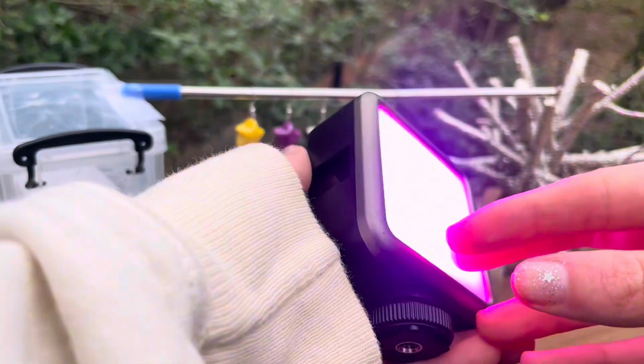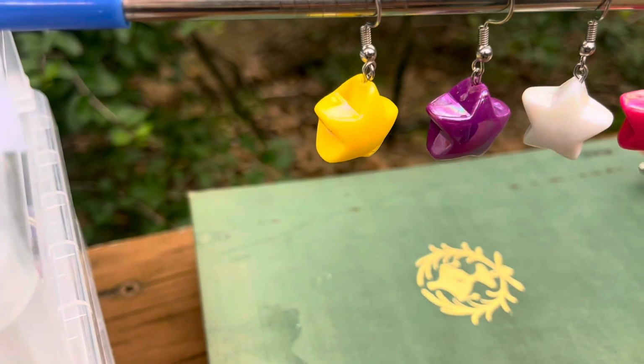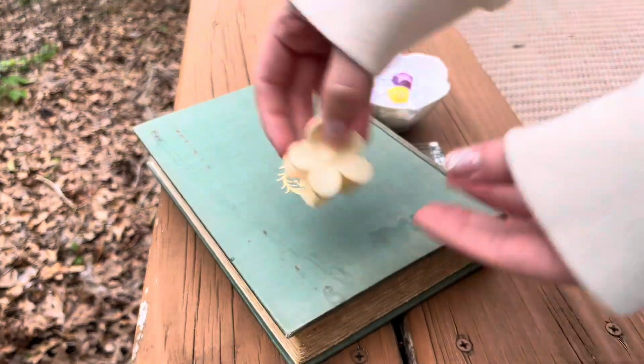Party light mode off. Warm golden hour daylight mode on. Once the photos and videos are done for that view of the star earrings, we're switching to do a flat